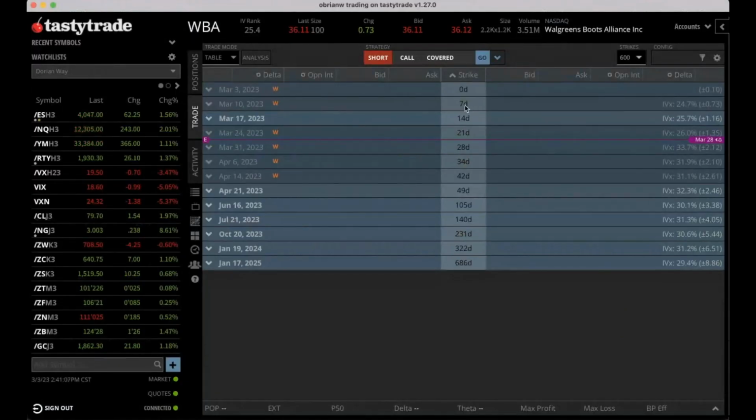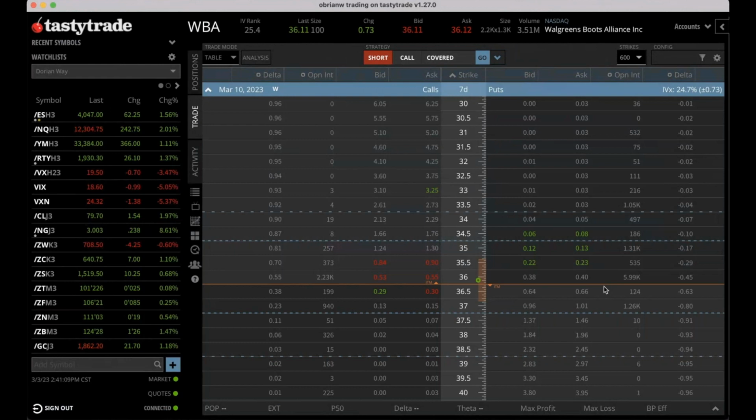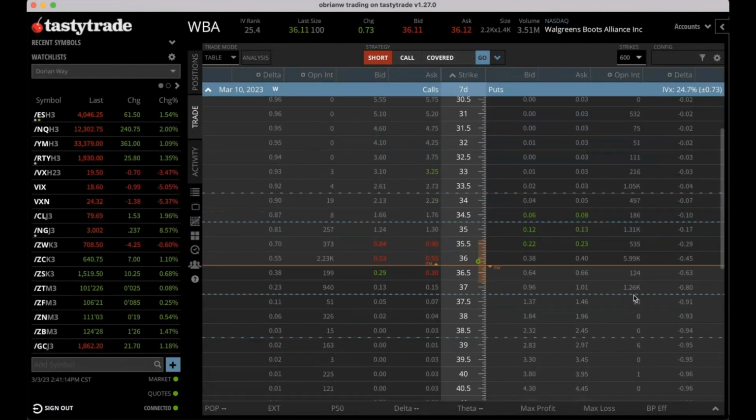So anyway, if we jump back over here to this Walgreens one, and it's 7 days out, this is a lower stock amount, so it's going to be a little harder to get a significant amount of premium for this over a week. But it's all based on percentages. When you're looking to supplement your income, you're trying to think about absolute dollar amounts. So if we look at this one here,